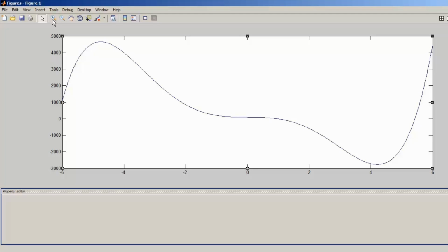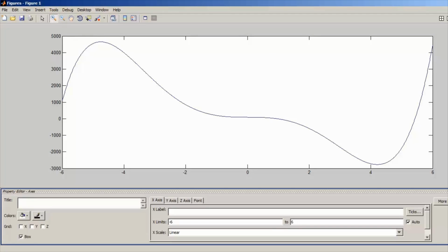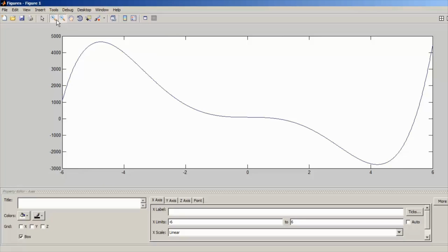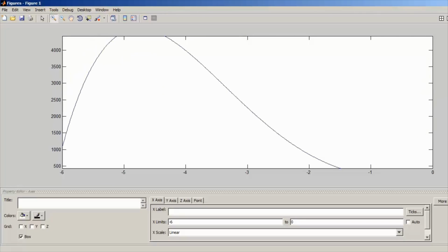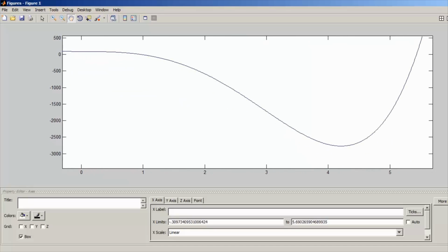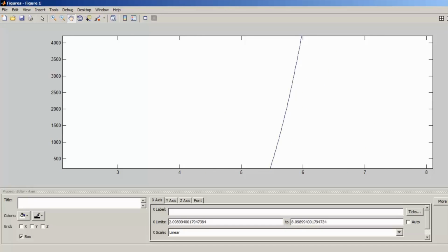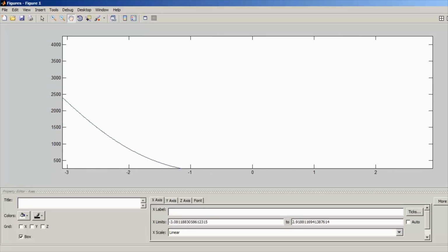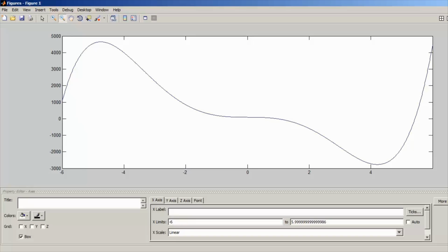Then we have zoom in. So clicking on zoom in, we can zoom on the axis, like the y-axis and x-axis together, and we can zoom out of it. We can use the hand tool to scroll through the plot. This hand tool will only work when we are zoomed into the plot, and it will allow us to scroll through the whole plot either through the x-axis or through the y-axis. Then we have rotate. So this is enabled when we are doing 3D plotting. So let me zoom out once.